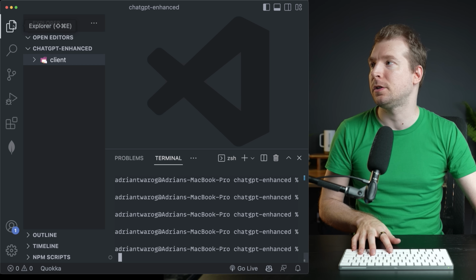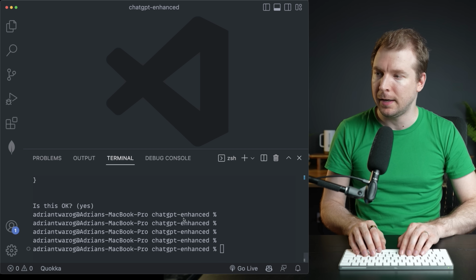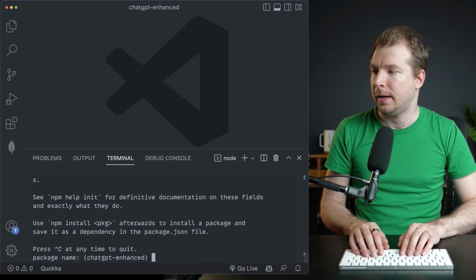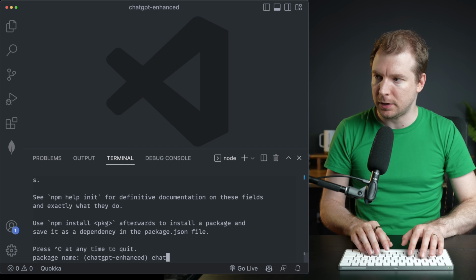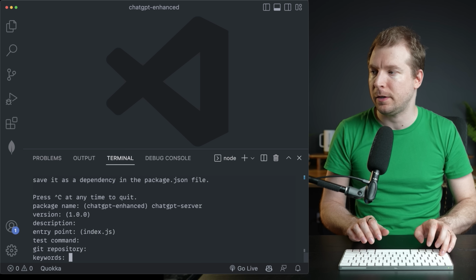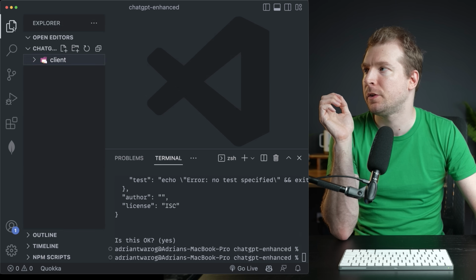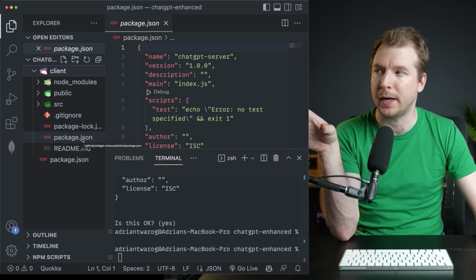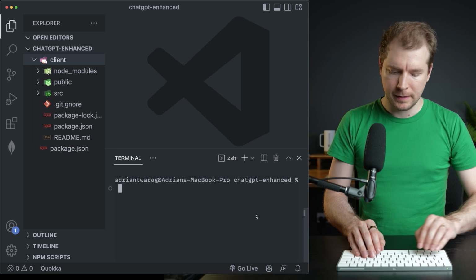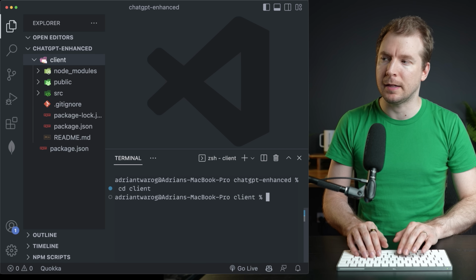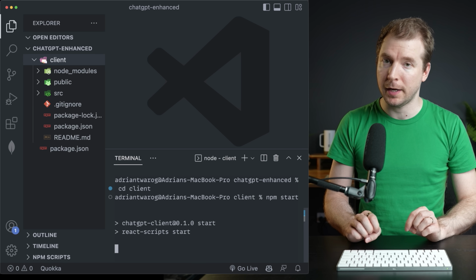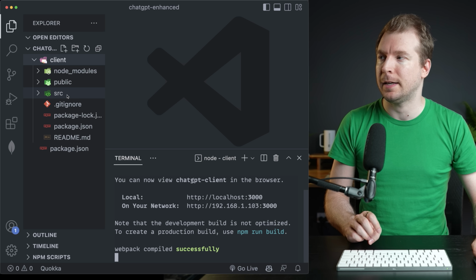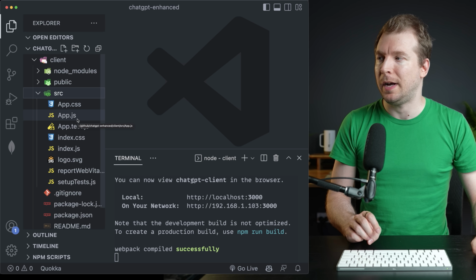So here in the console, what I'm going to do to initialize that is simply type in npm init. Here we'll include chatgpt-server, and here is where we'll have our server later on. So we've got our server here in the root folder, and we've got a client which is with Create React App inside a folder called client. Next, we're going to cd into the client folder and run npm start, which will kick off the React server we can now customize. Jumping back into VS Code, we can expand out src, and we can head to App.js